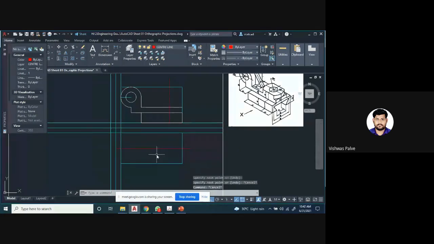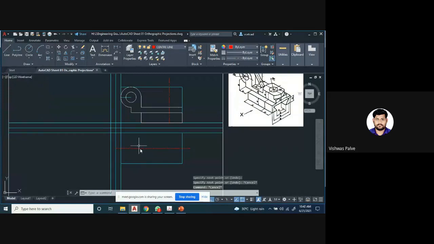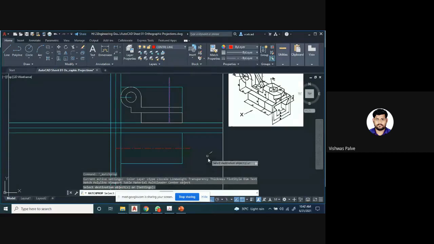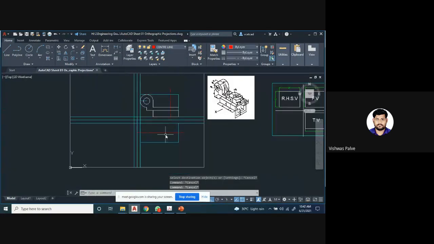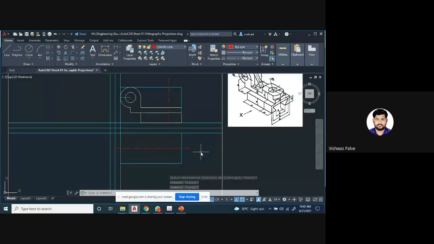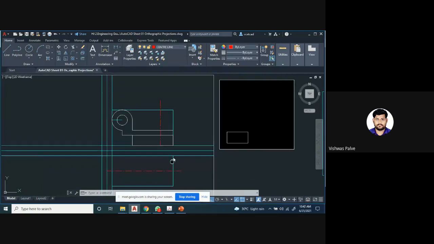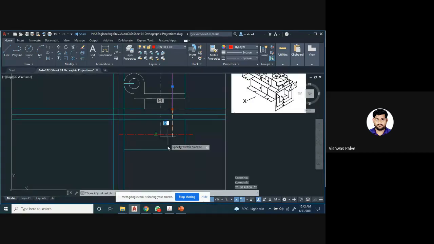Now this line again, you don't have to change the line property. There is a match property option. So you just select this. There is a match property. Click on this match property and select the line. Okay, automatically that line will get converted with the line type scale. Whatever scale you want, that will get converted. So every time you don't have to change the property. Once you have done, it will be easy. Now you can stretch this line also.